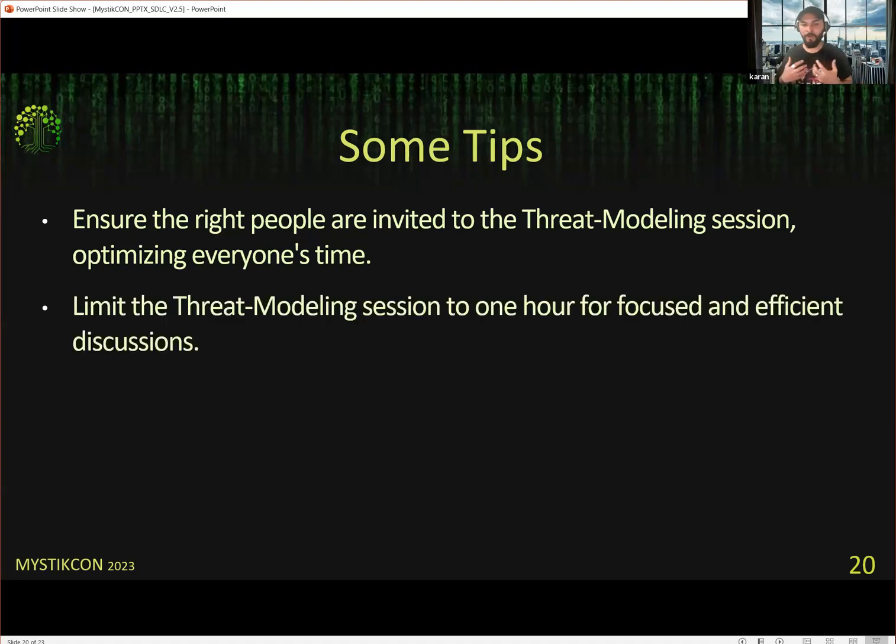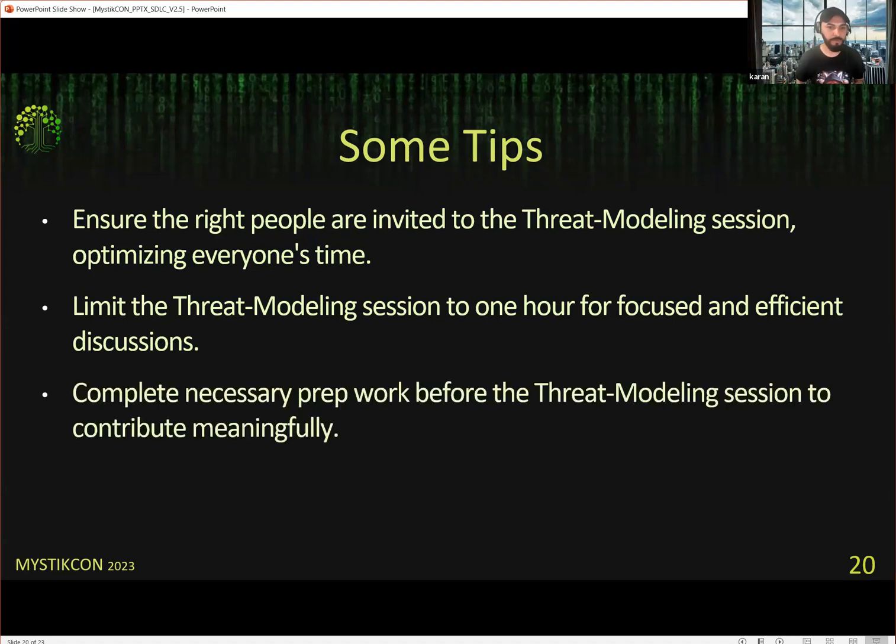Second thing, again from experience, you probably want to limit the threat modeling session to under an hour. Anything that goes beyond an hour mark is probably not acceptable in many organizations. There could be many reasons why your session may go over an hour, but it's highly recommended that your threat modeling sessions are below one hour. And if you're making iterative changes to your existing threat model, then it would take even less, like 20 or 30 minutes or so, because you want to quickly make those little updates to the threat model if those changes fall outside of your defined guardrails.